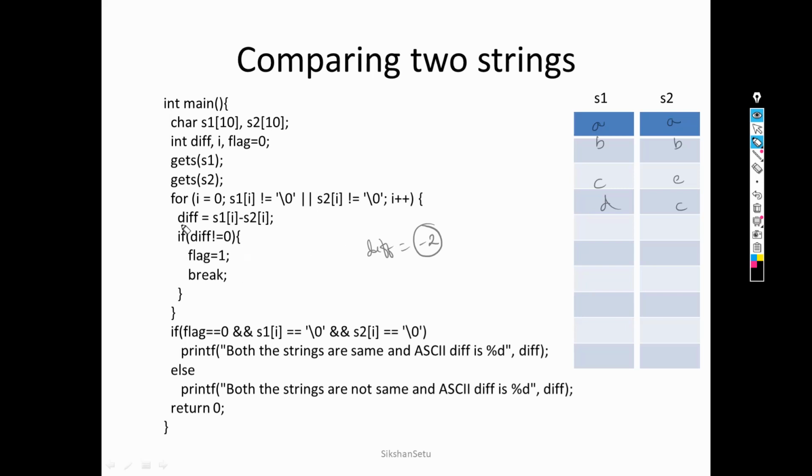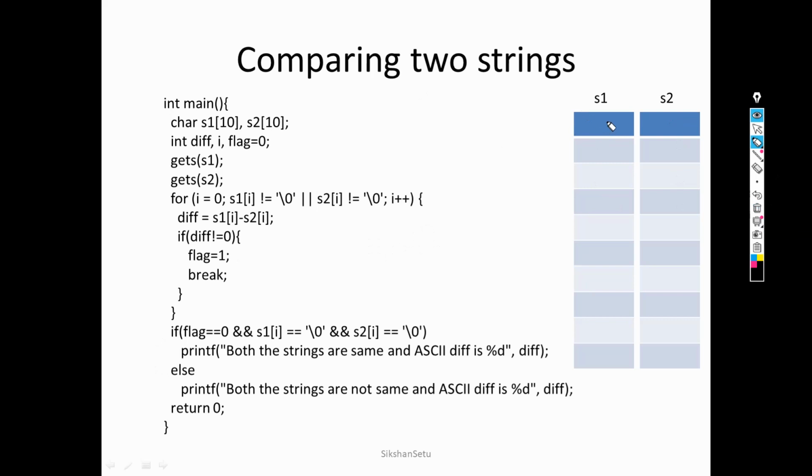The loop terminates and comes out, and the flag value is 1. So the flag value is not 0, the condition becomes false. It will directly go to the else part and print that both the strings are not same and the difference of ASCII is minus 2. So this is how all the cases will be executed and satisfied.